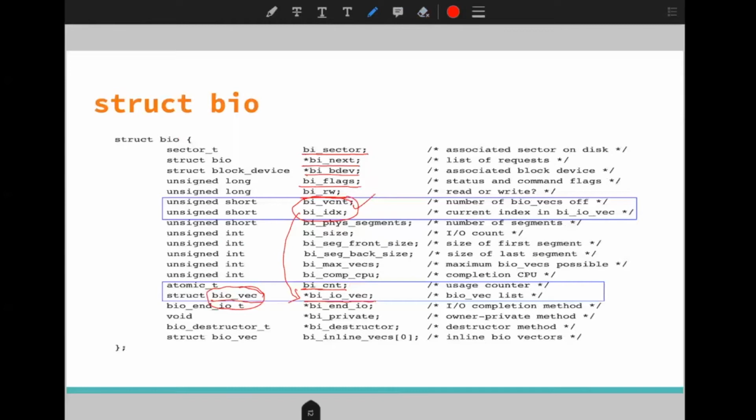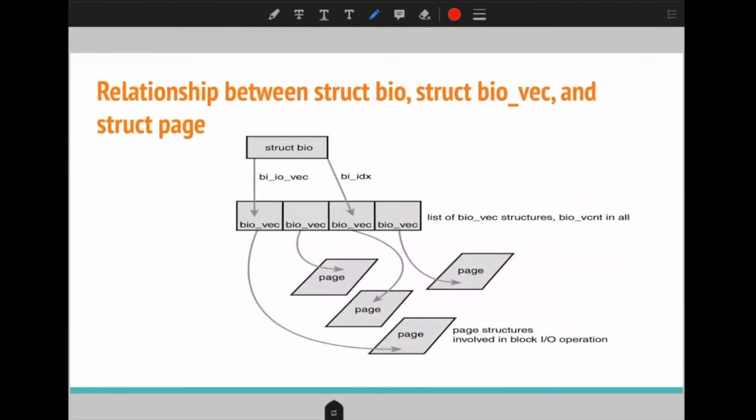Here you can see we have this variable bi_size. So this tells the number of IO operations count. So here is the interrelationship of these different structures. As we have seen, struct bio contains these two fields.